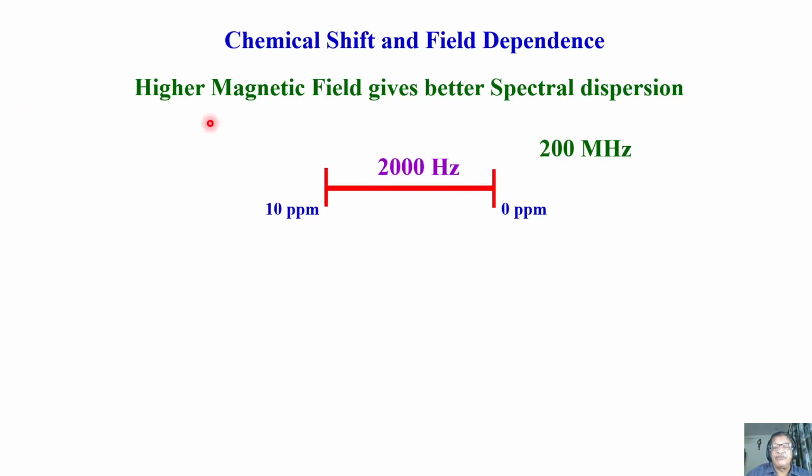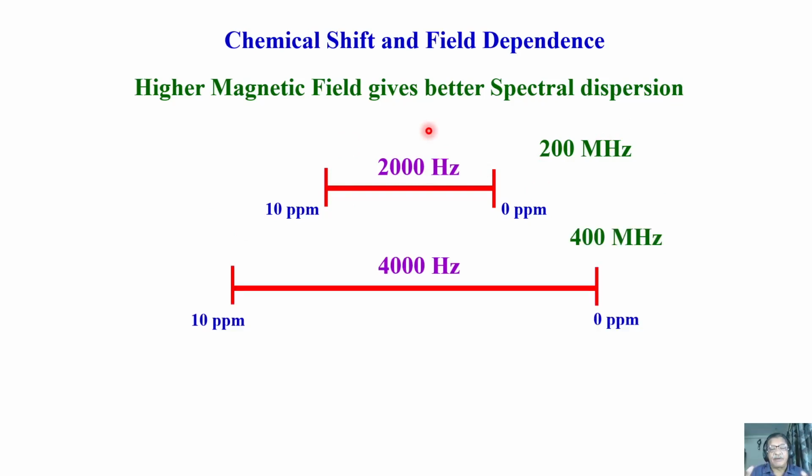When you multiply by the frequency, don't take into account 10 to the power of 6. Simply take the number given for the resonating frequency, without the 10 to the power of 6 term. Discard the 10 to the power of 6 term. Take only 10 into 200, it is 2000 hertz. That's what I was telling you in the last couple of slides.